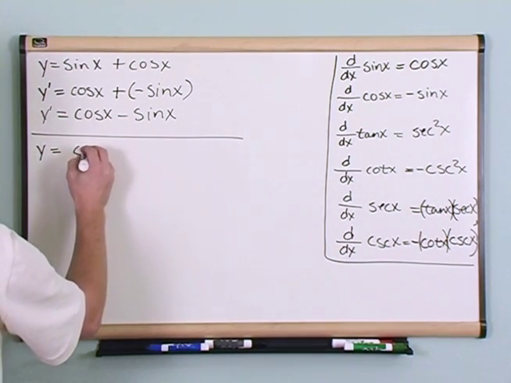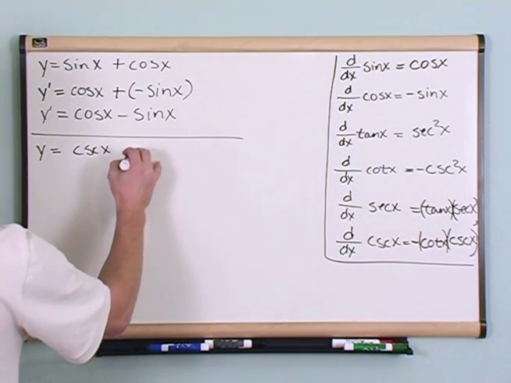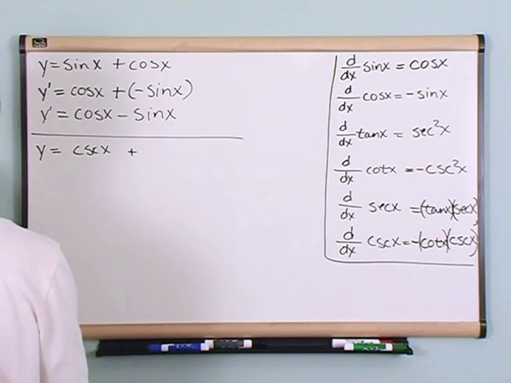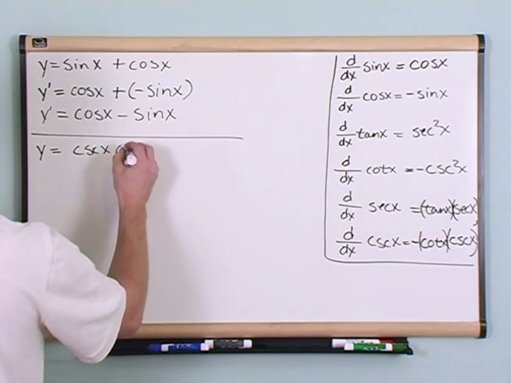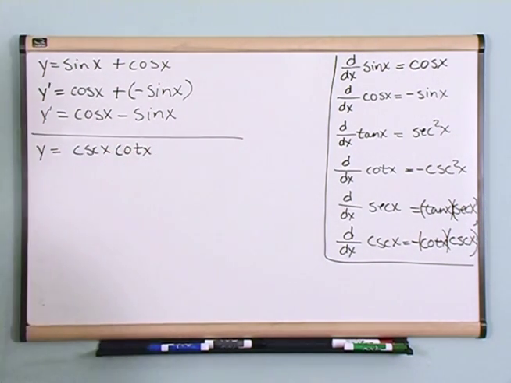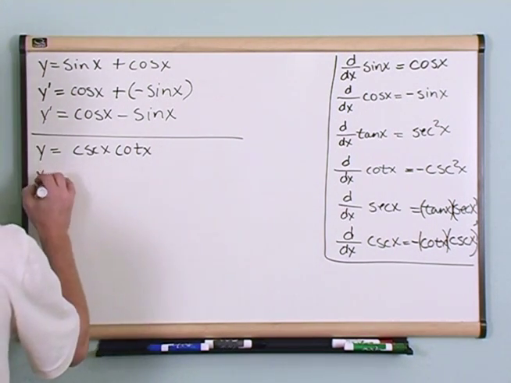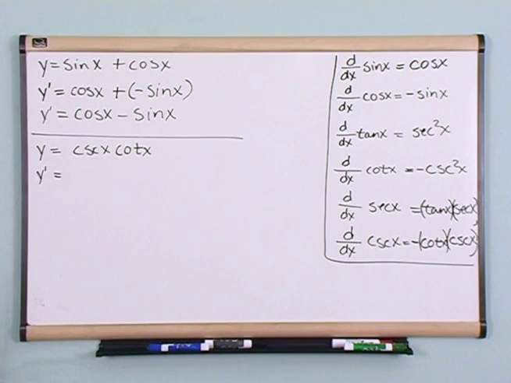What if you have cosecant of x plus, actually what I want to do is something a little bit more challenging. Cosecant of x times the cotangent of x, and you're supposed to take the derivative of that. Okay? So the derivative is equal to, again, you should remember